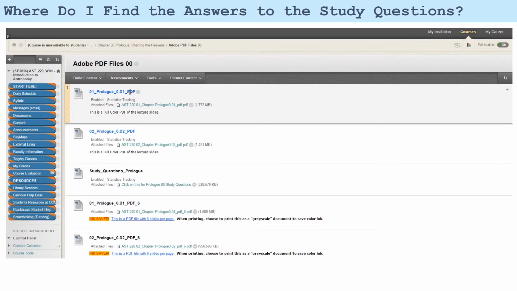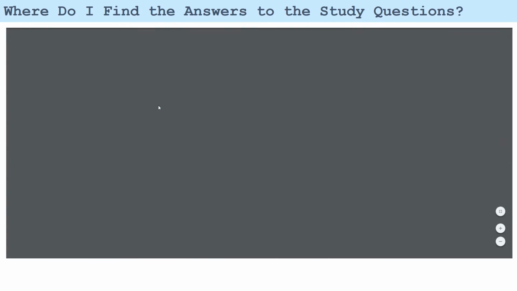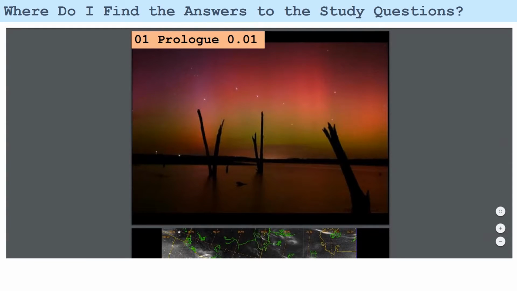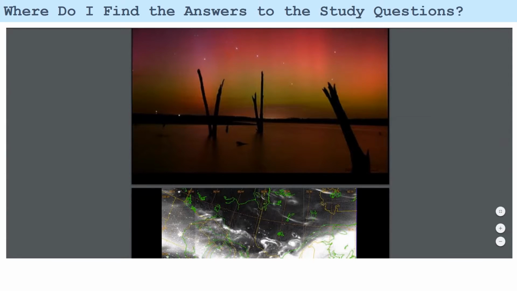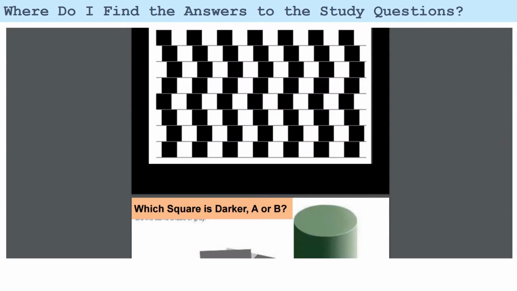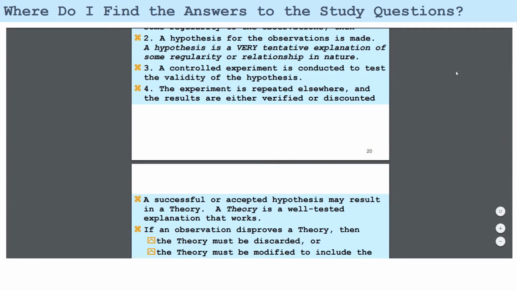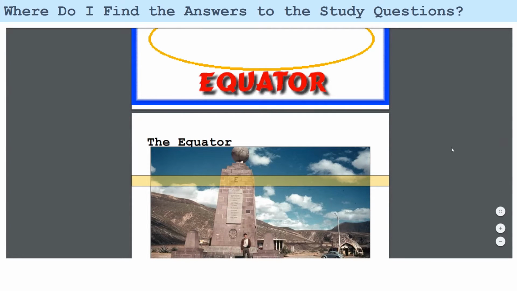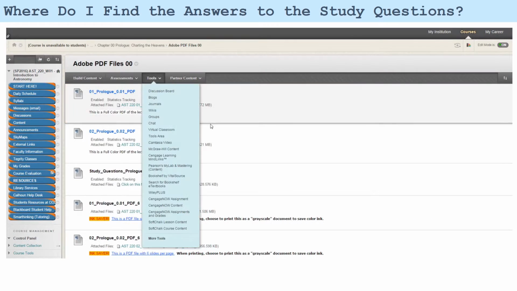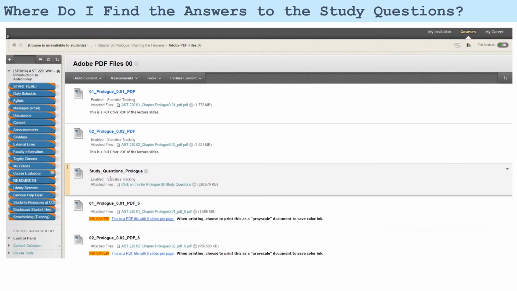So here's the first lecture, and if I click on that PDF, I have a copy of the slides of everything that I go through in my lecture as we're going down through this. So there's information that I can gather from these notes, and information that will help me answer the study questions. So I wish to find those answers either by looking at the notes, watching the lectures, or both, reading the